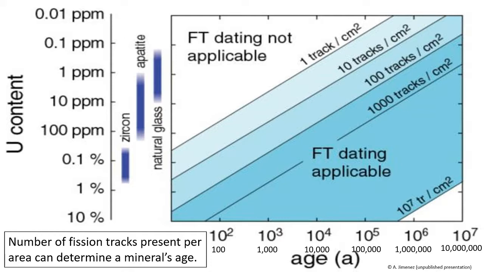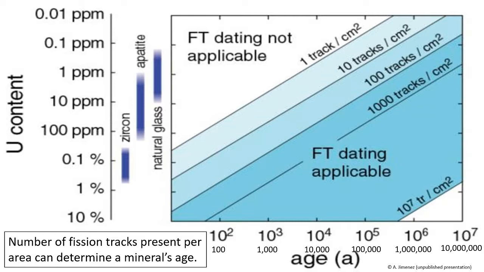In the middle, there are little blue strips. Those blue strips represent the mineral we're working with, either zircon or apatite, depending on where you are. Each one is going to have a different amount of uranium that can be present in there. We can also do it with naturally occurring volcanic glass. When you figure out how much uranium is in there, you will then count all of the scars or tracks that have been produced. And once you do that, you can figure out how many tracks you have, how much uranium you have, and then essentially trace down to the bottom.